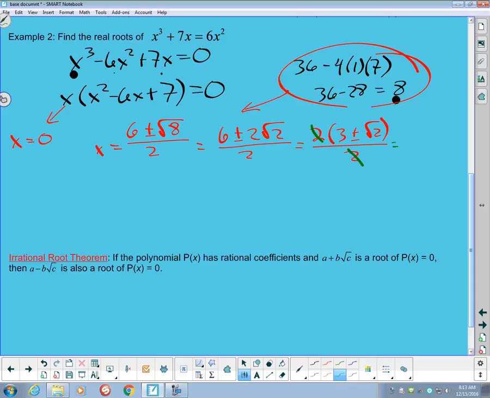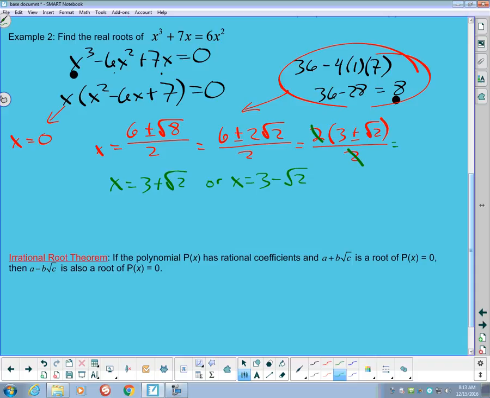So we get that x could equal 3 plus the square root of 2, or x could equal 3 minus the square root of 2. So those are 2 different answers. We only have multiplicity 1 on everything that we're doing here, but we do have 3 different answers to our